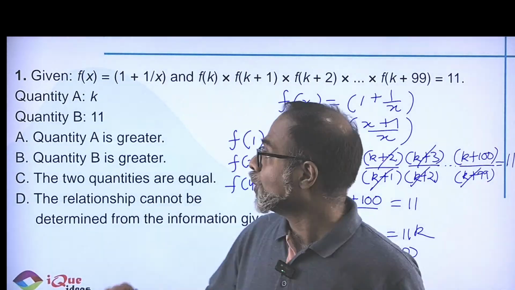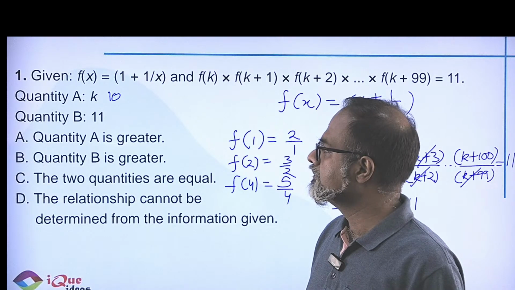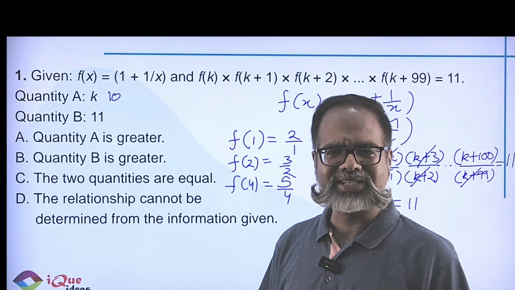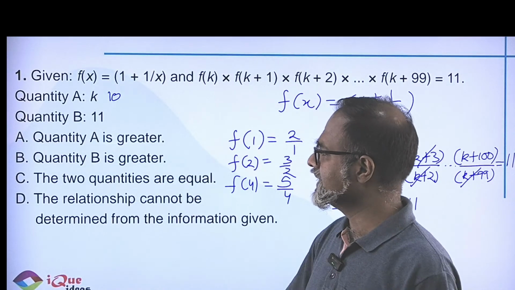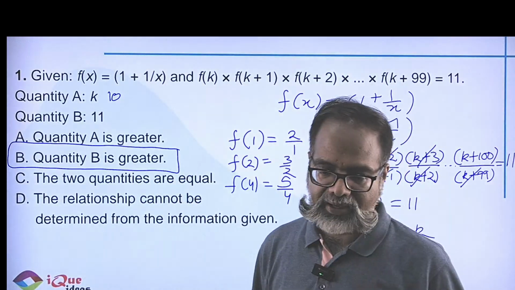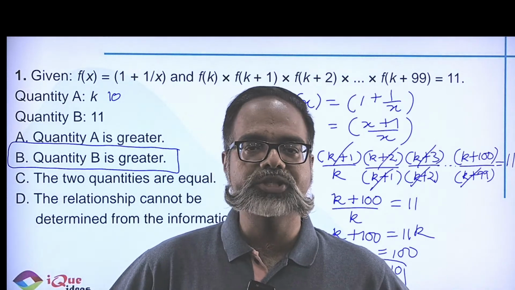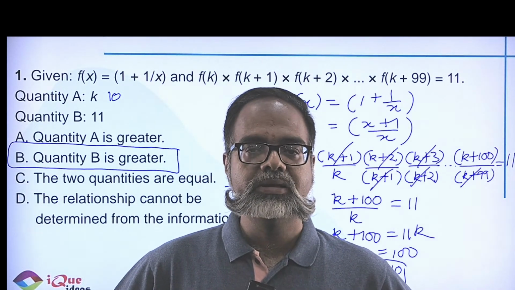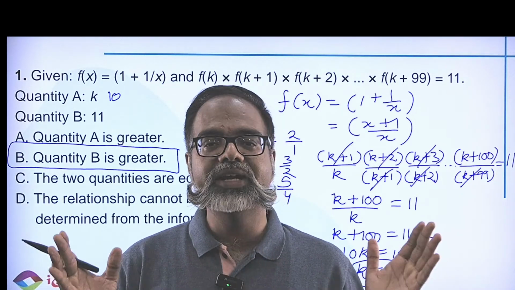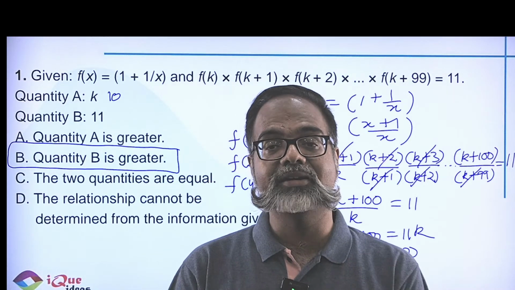Now my quantity A is 10, quantity B is 11. Which quantity is greater? Come on guys, not rocket science, right? First standard, junior KG, senior KG, 11 is the greater quantity. So obviously quantity B is greater, has to be my answer in this case. Easy question, no great thing, right? You just have to understand the function notations and just write it down the way it has been presented, and the solution pretty much presents itself.